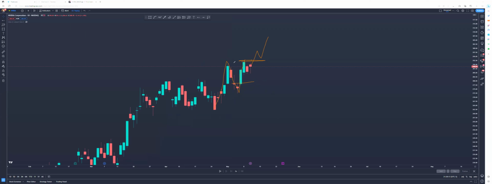So if you're looking at NVIDIA now, it's a little too late to trade NVIDIA from a daily perspective, because right now we are at a spot where we don't know anymore. We don't know if it's going to continue higher or if it's going to pull back. We don't know that yet. Does that make sense? Too many people see a chart and they're like, man, I want to get in. No, the move was here. This was the move from here to here. Now the move is setting up to do something different.